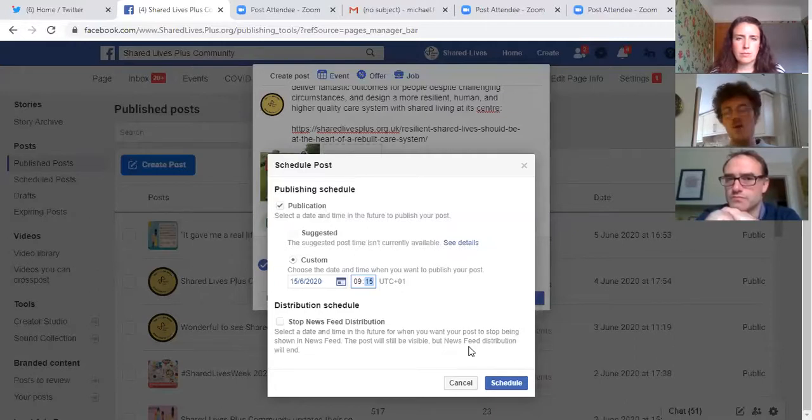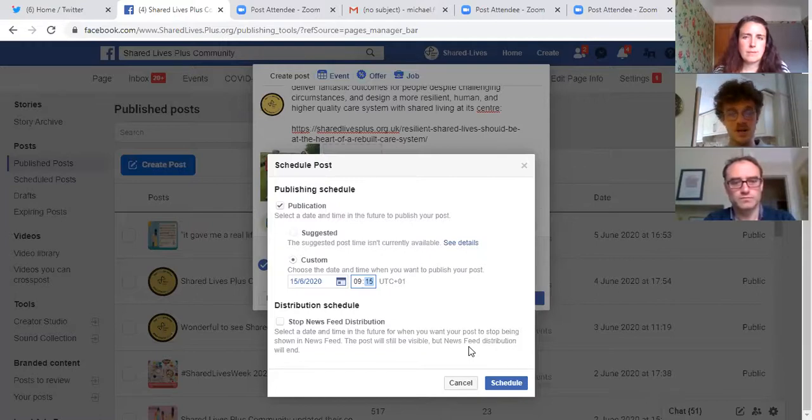But it's very much worth thinking about how, now with the vast numbers of people that use social media, different people are going to have different habits. When we're posting on Twitter, for example, as Shared Lives Plus, we are aiming for a particular type of audience. And really, I'd say that's the key when you're researching when is the best time to post. You need to think about who it is you're trying to reach, and structure your inquiries about when they will be most likely to be active on social media.